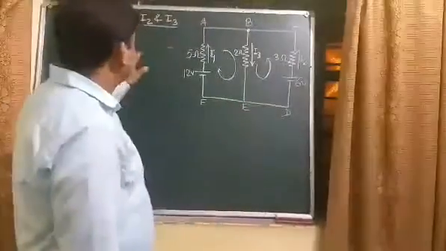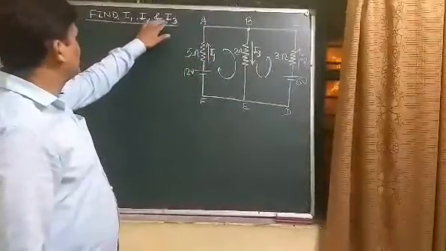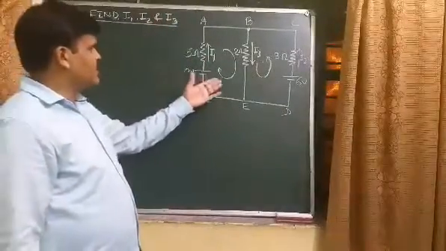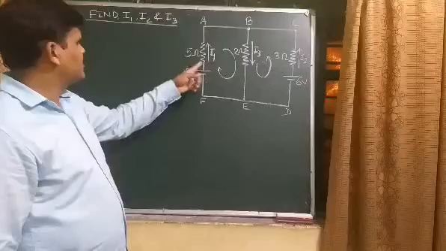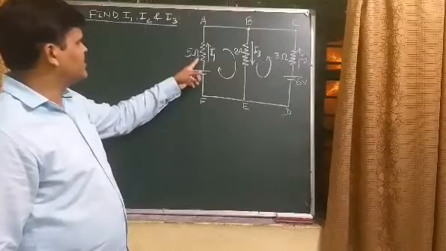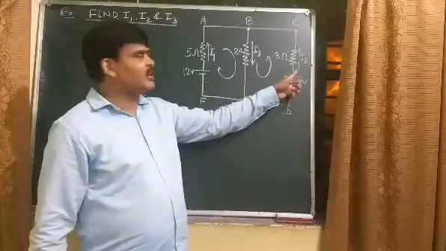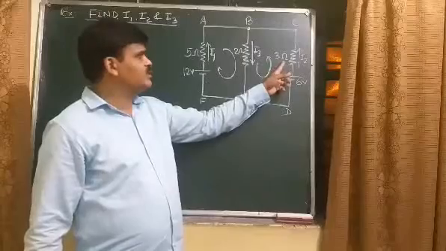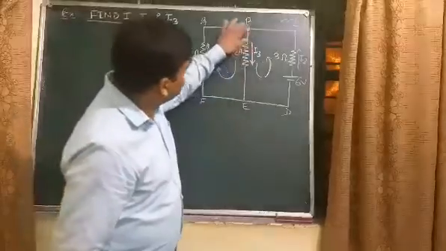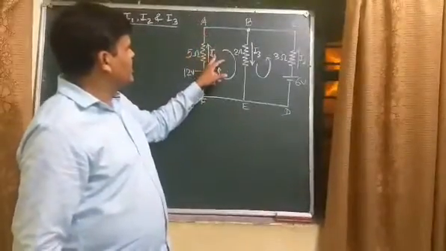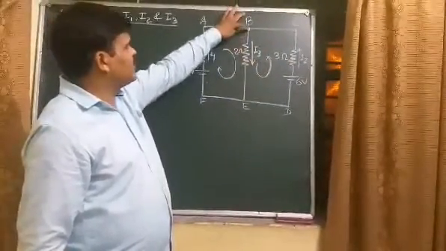Now student, I am going to solve this circuit and find the value of I1, I2 and I3. See the circuit diagram. Here two cells, 12 volt sending current I1 through 5 ohm resistance and cell 6 volt sending a current I2 through 3 ohm resistance, and these currents I2 and I1 are coming towards junction B, and I1 plus I2 becomes I3.